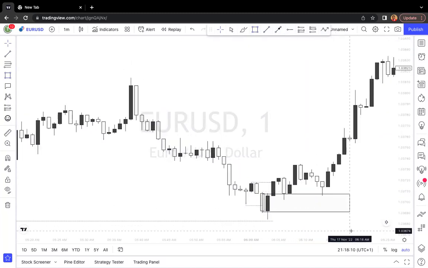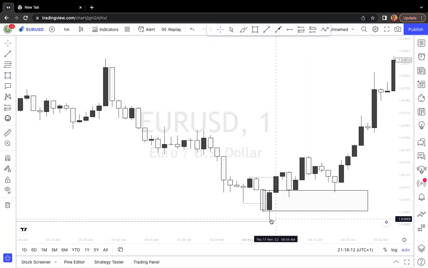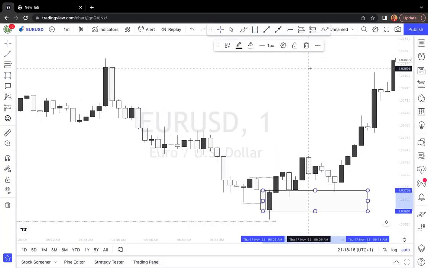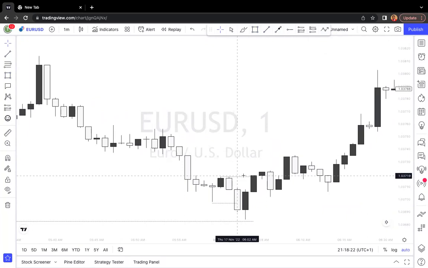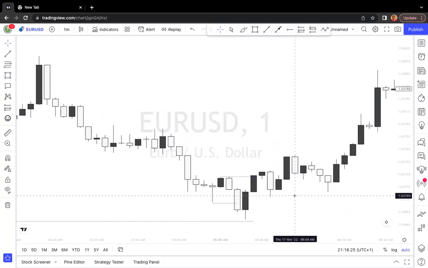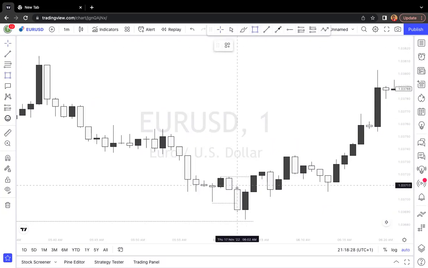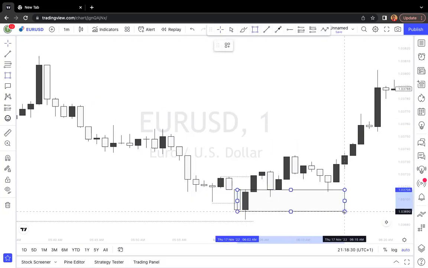Does that make sense? So I didn't get tapped in on my entry if I was using a pending order, but as it regards the price action now present on the screen, I can now see a new grab on liquidity, a new shift in structure to tell me that price is now interested in escaping the area. Then I can now be willing to trade off anywhere inside of this range.